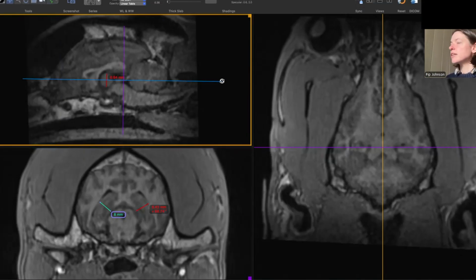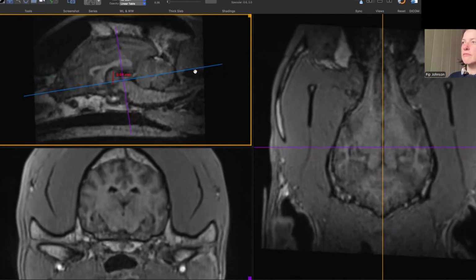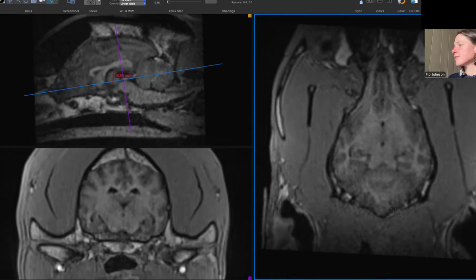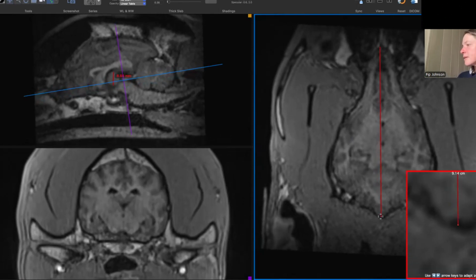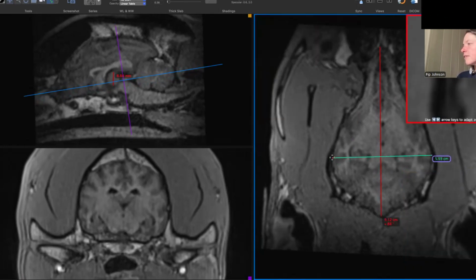Okay, so then in order to get the final length measurements of the brain, we're actually going to tilt the axis so that it runs from the maximal extent of the cranium, so from the caudal aspect of the cerebellum at this level, right the way to the olfactory bulb at this level. So we're going to just take our length measurement, let's scroll to make sure we're going to get the maximal length of our occipital bone to our olfactory bulbs here. And we're just going to take that length measurement and then our width measurement here. There we go.